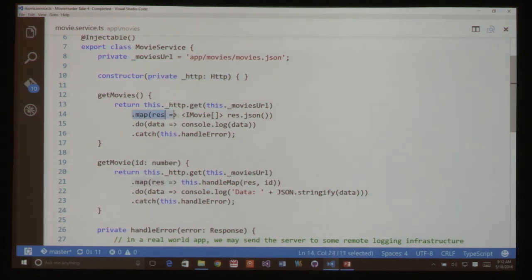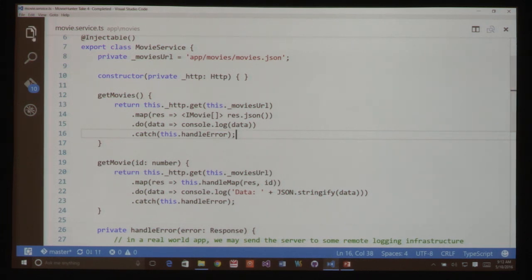And then this line of code here, this map statement, what that's doing is it's mapping my results. So it's taking the response and it's automatically mapping it into an array of movies for me. Okay, so it's restructuring my result into a movie array. The rest of this is for debugging, and this is for error handling.